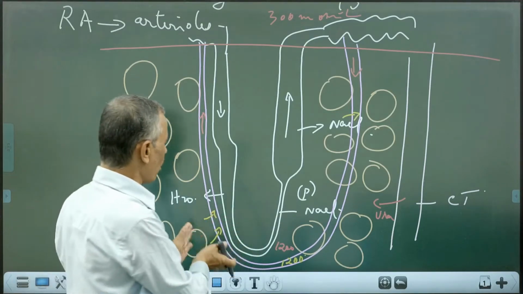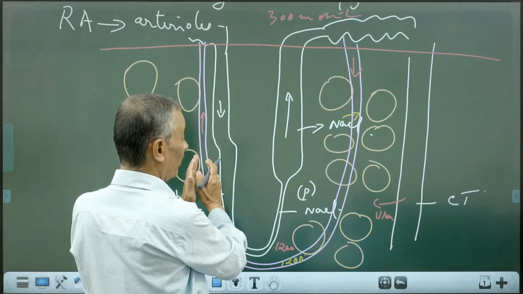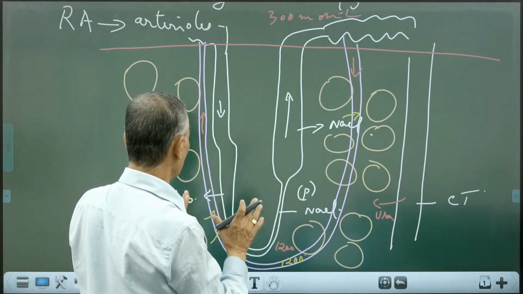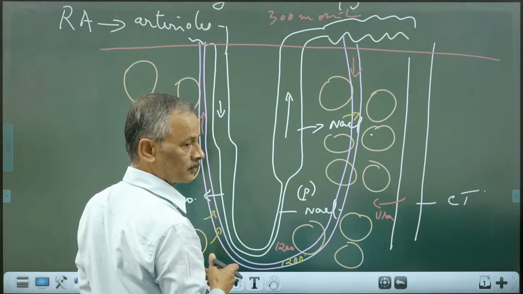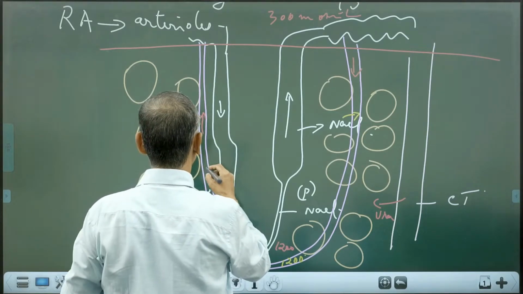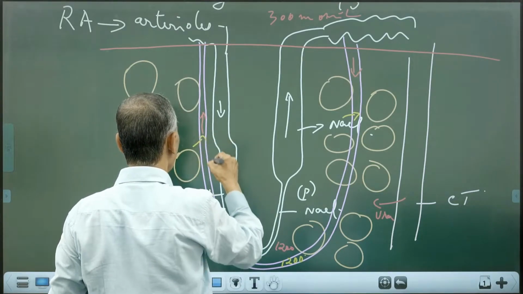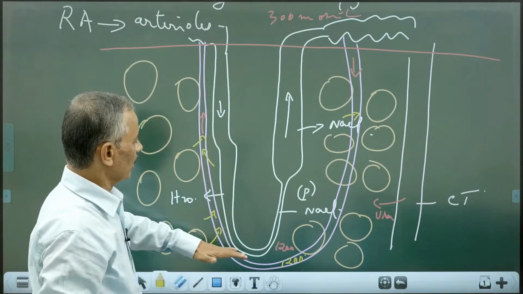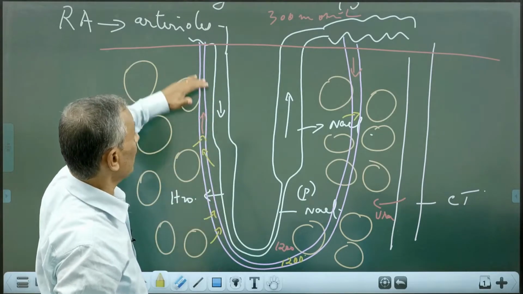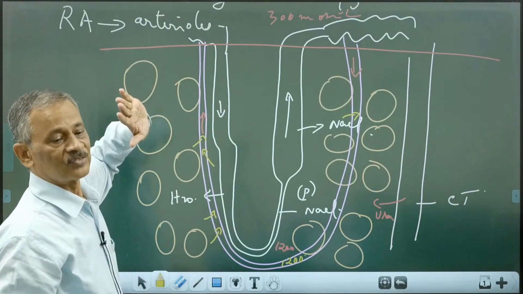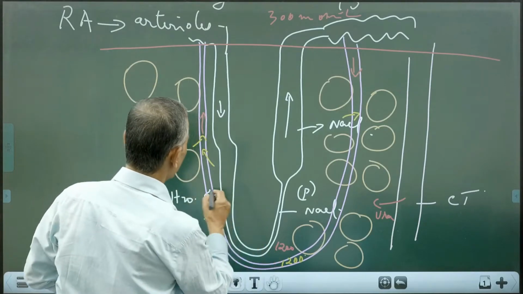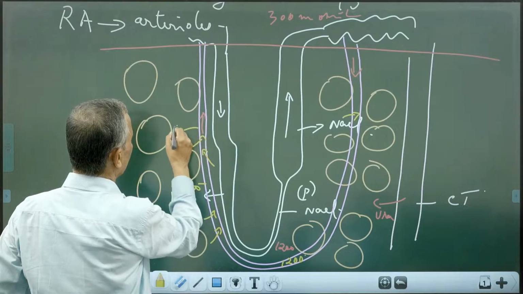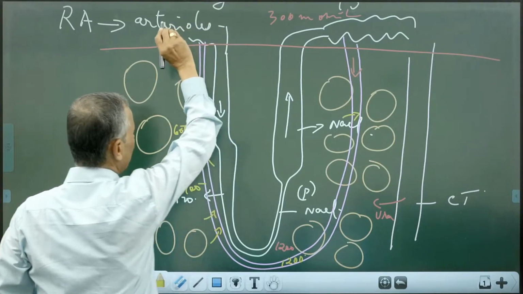So more and more water enters into the blood. Why? Because blood is having more salt, so its osmolarity is very high, and because of osmosis, water enters in. And all the water that is entering will make the osmolarity of the blood decrease as blood is ascending through the ascending limb of vasa recta. So osmolarity of the blood decreases, say for example, from 1200 to 900, 600, and finally, as it reaches